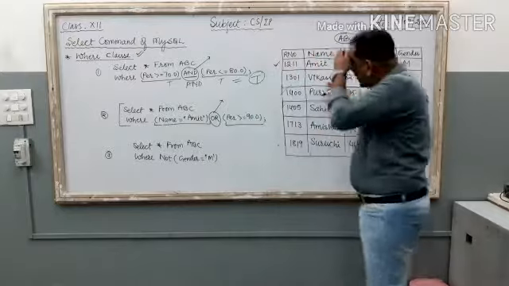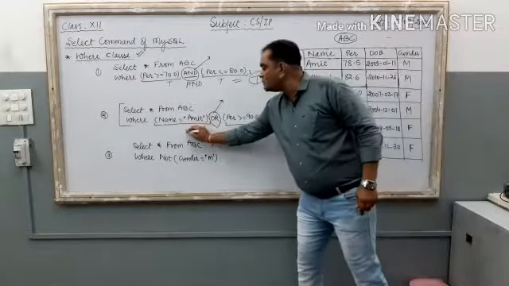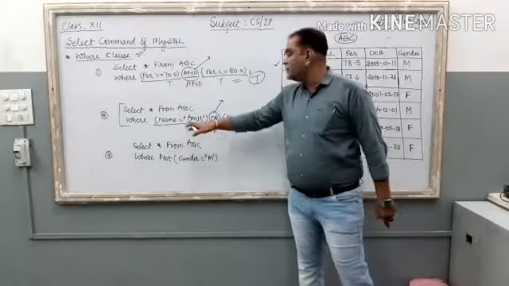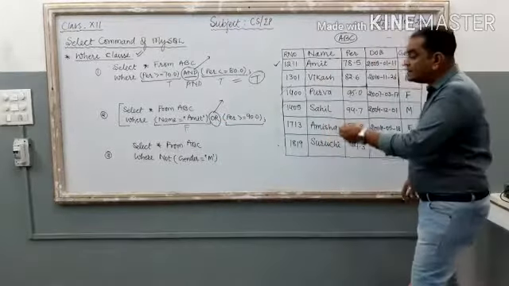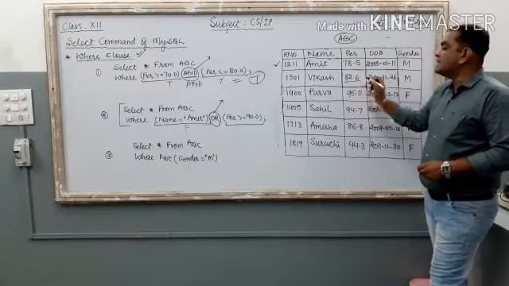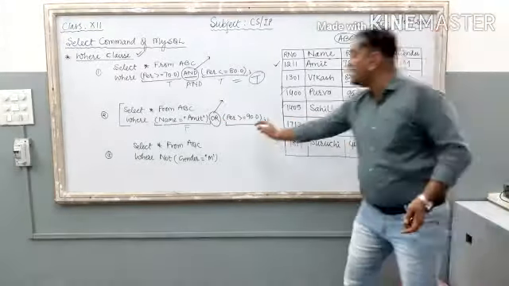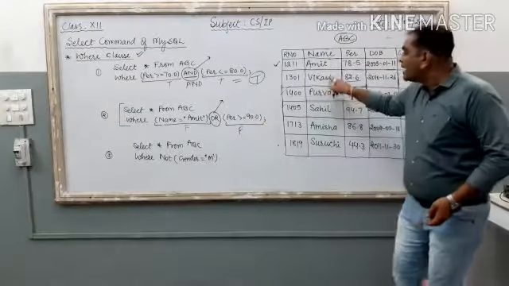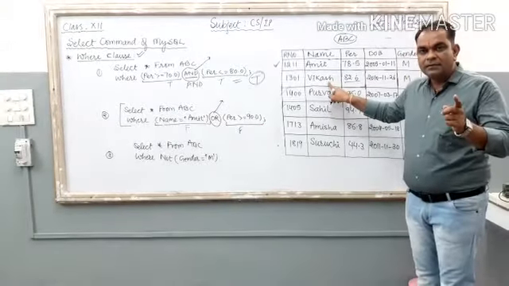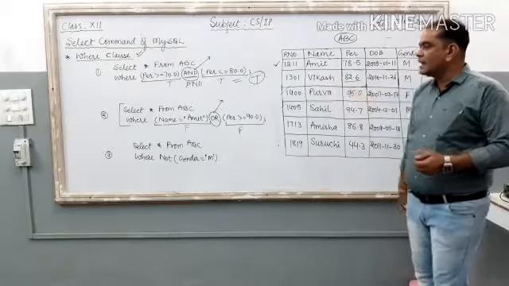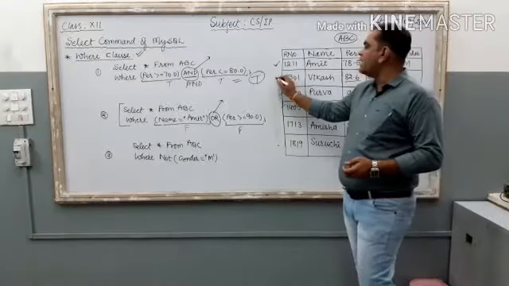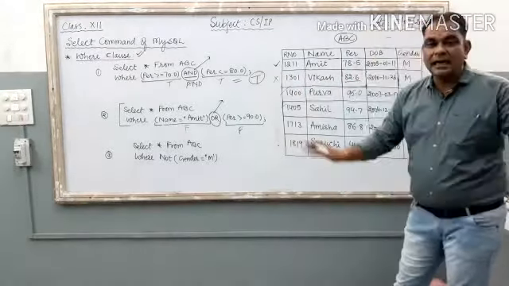Now check it out. Second record, name is Vikas. The first condition is false over here. Amit to hai nahi, so the first condition is false. Percentage is greater than or equal to 90? Percentage check कर लो भाई, ये भी गलत है. Both the conditions are false for Vikas. Is it selected? It is not selected. कोई भी condition true नहीं हुई विकास के लिए. So it is not selected as an output.